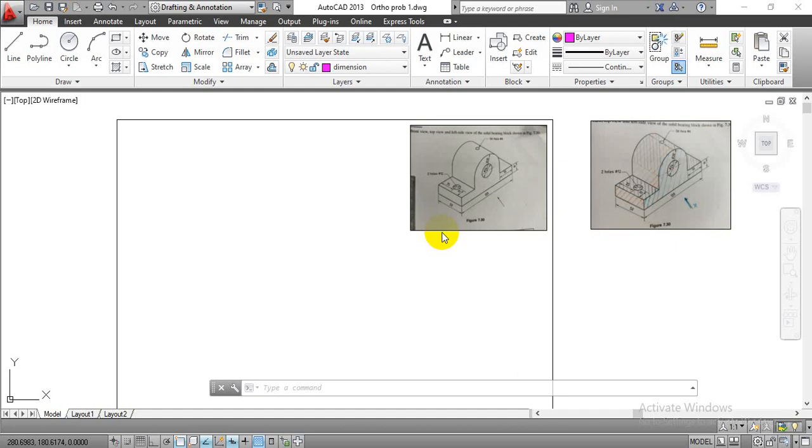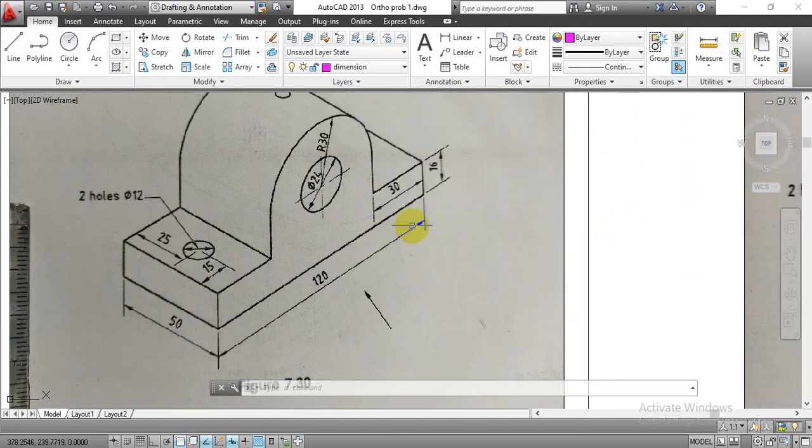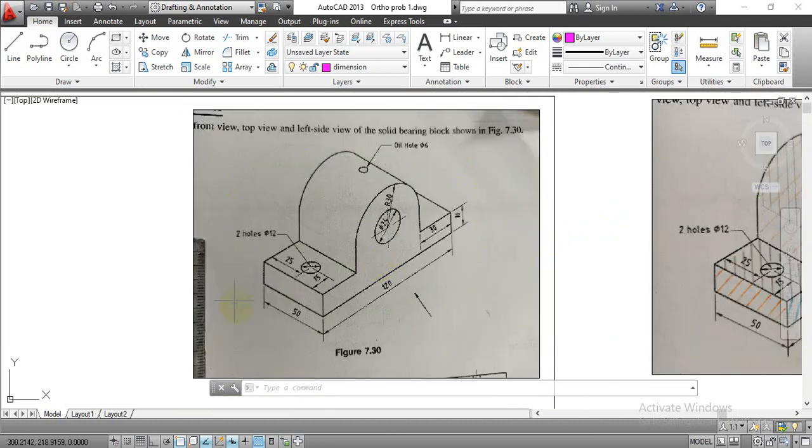Hello everyone. In this video we are going to learn how to draw orthographic projection by first angle projection method. To understand this orthographic concept, I have selected one problem. Now you can see over the screen we are going to draw the orthographic projection for this given three-dimensional component. So this will be the direction for the observer, and while looking from this direction we are going to complete